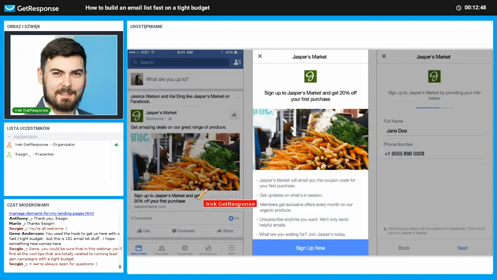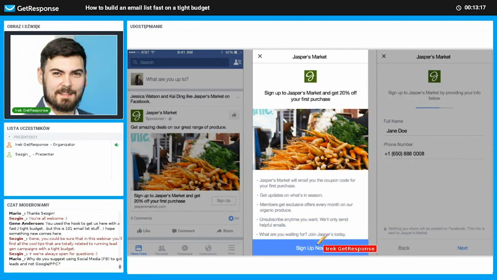As you can see, this is a banner with the call to action button, like sign up, and then you've got this short description. Everything is explained about why you should subscribe, because you will get the coupon code for the first purchase. You will get regular updates. You will also become a member, and you will get exclusive offers, and so on. So think about all the incentives and why people should subscribe. And then, when you've reached the right people, Facebook just does it for you, because they use the data provided, right?